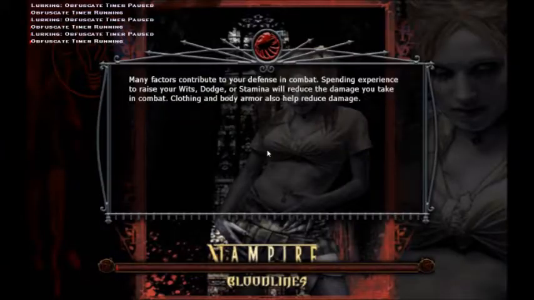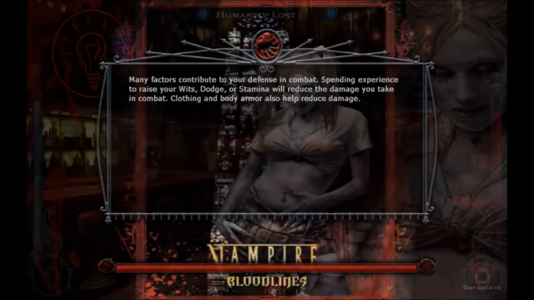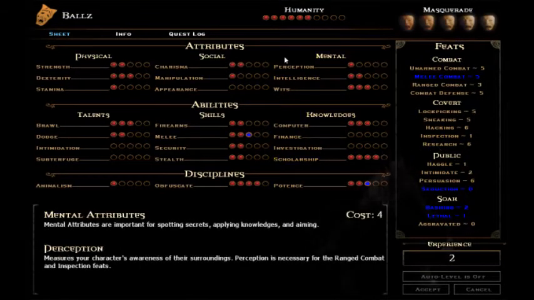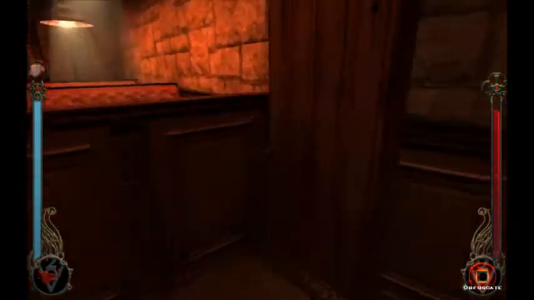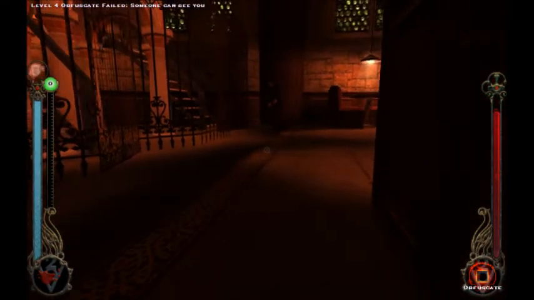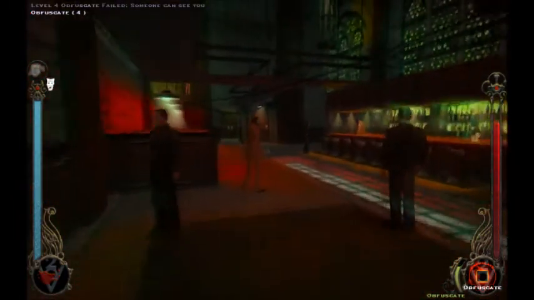Okay, so there's this stupid thing. I want to remind you how stupid this is. You may perform stealth kills while invisible using the attack keys. So basically, do you wanna know how stupid that is? Basically, it's stupid enough to be like, hey,